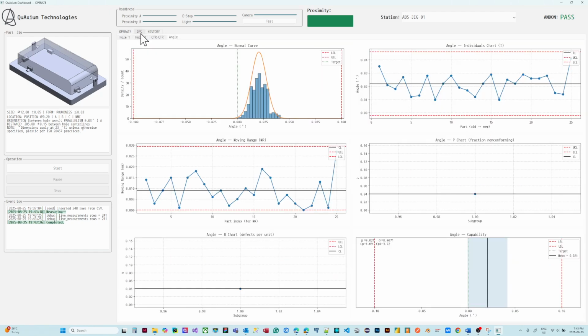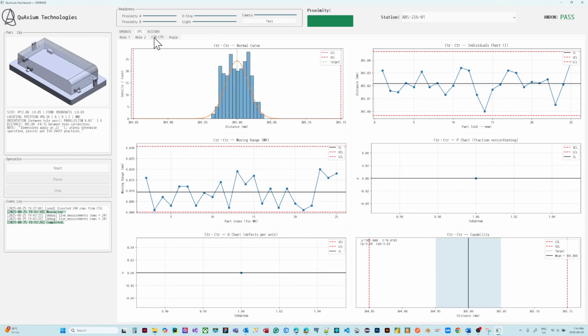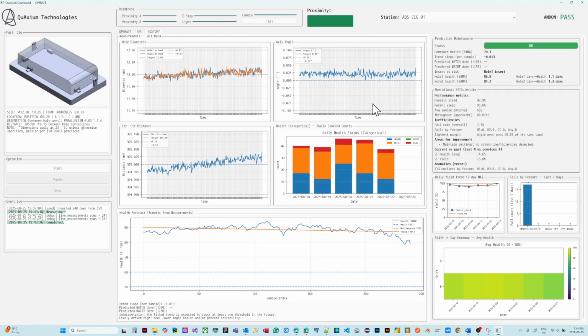If we look at the SPC for hole 1, you can see that there's added values here. Hole 2 the same, center to center the same, and then the angle the same. And for the history here, it also changes the combined health. I think this was 81 point something, now it's 79.1. So yeah,